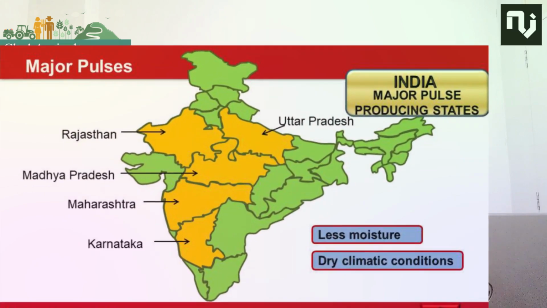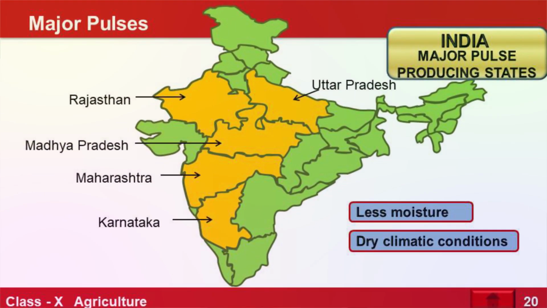Next we have pulses. So pulses are the rich source of what? Protein. India is mostly a vegetarian country, so our need for protein is covered with the help of pulses. India is the largest producer and consumer of pulses, and we also import pulses sometimes, because every year it is not grown on the scale which we require. So we need to import it, and to complete that need of protein in our body, it is important that we have pulses on a regular basis, correct.